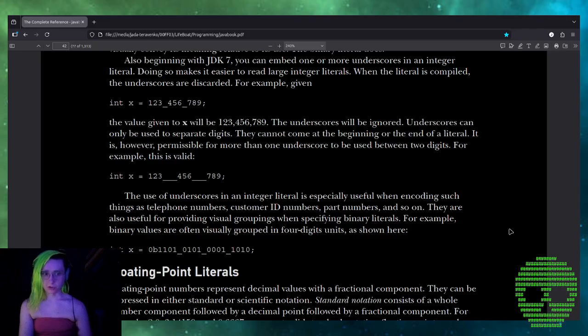For example, binary values are given visually grouped in 4-digit units as shown here: int x = 0b1101_0101_0001_1010;